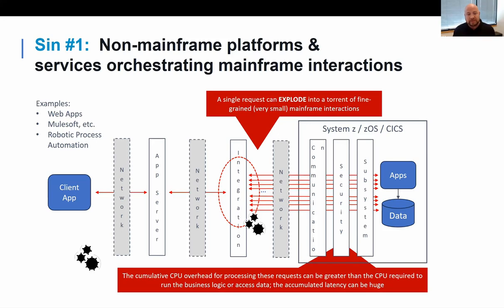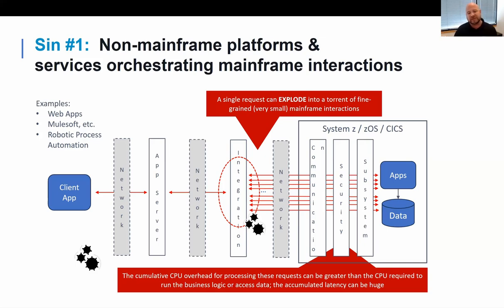Now, we've looked at way more SMF records than most people ever need to look at, and we see this in spades. In fact, right now we're working with a top 10 bank, and they have an entire infrastructure built in MuleSoft, sitting in this integration layer that we see here. It has one purpose: to resolve a mismatch between the APIs that are available on the mainframe and the APIs the client really wants to see. It's a gigantic investment. There's servers, software, people, resources.